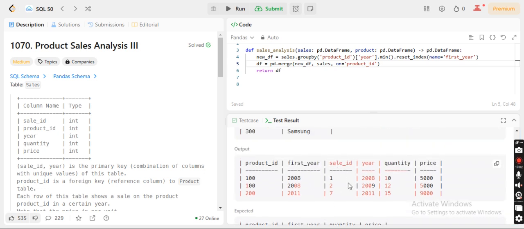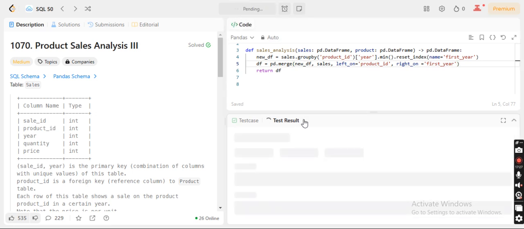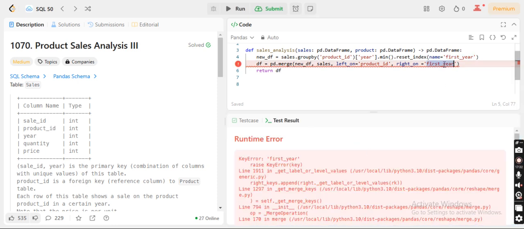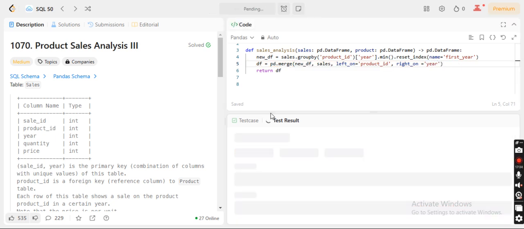So I get this part, 2008, and so this will be left on product ID, right on first year. But basically first year should not come because it is not there, and if I just do year, then year is also not there in the new df column.